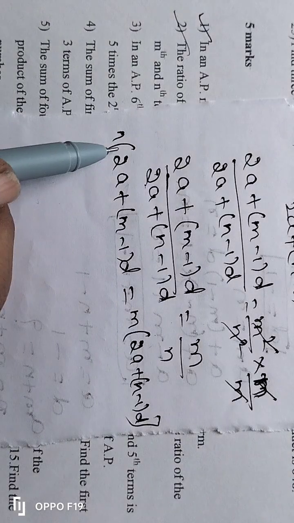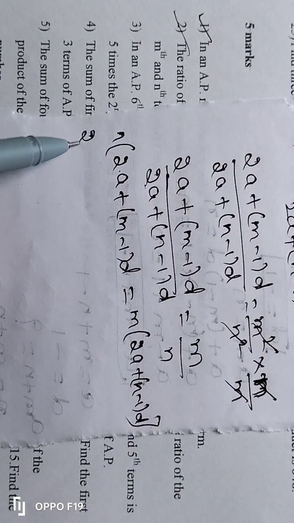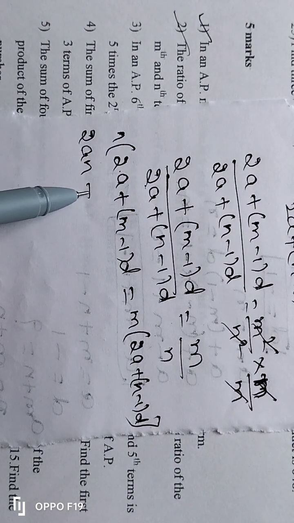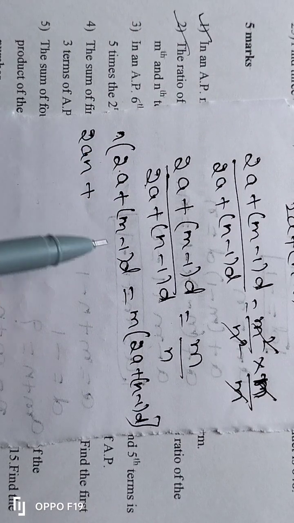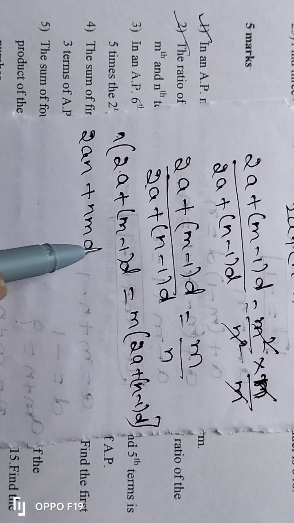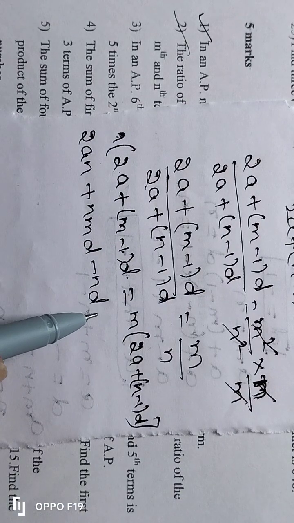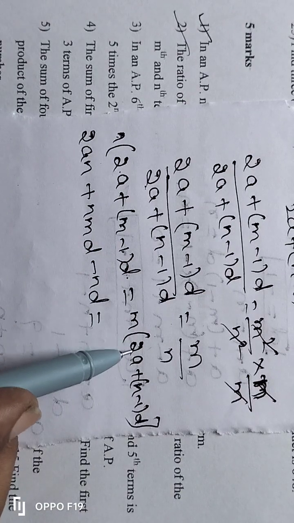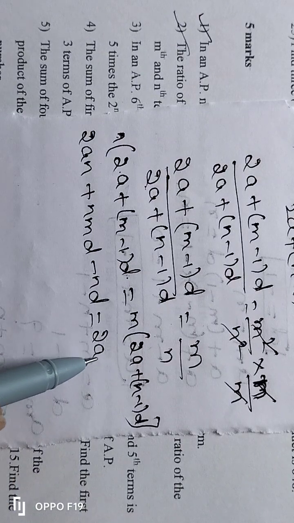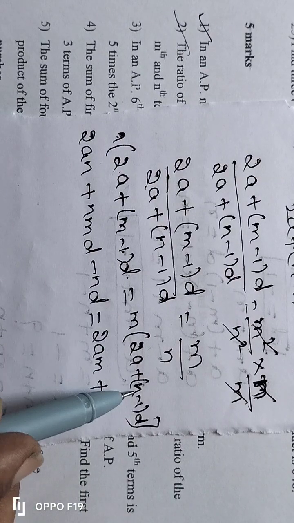Now you multiply. N into 2a, it will become 2an plus n into m into d, it is nmd. N into 1 into d, it is minus nd, is equal to m into 2a, 2am plus m into n into d,